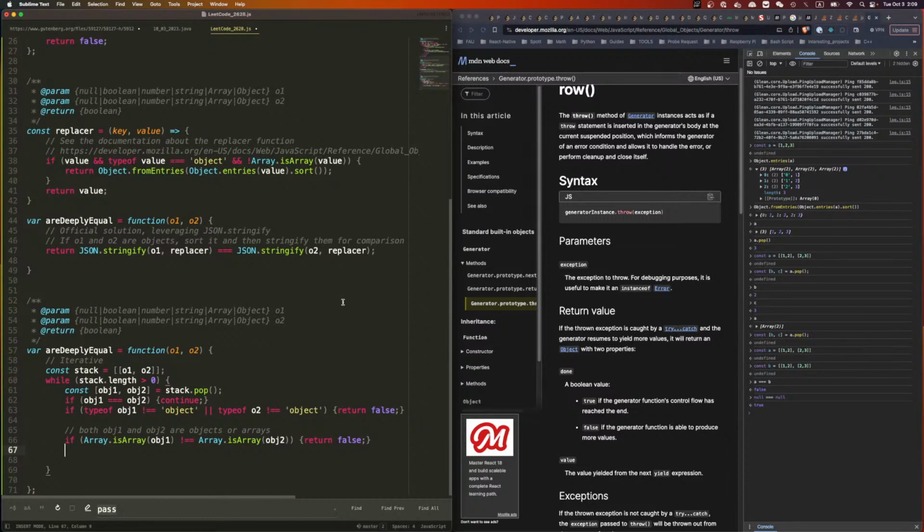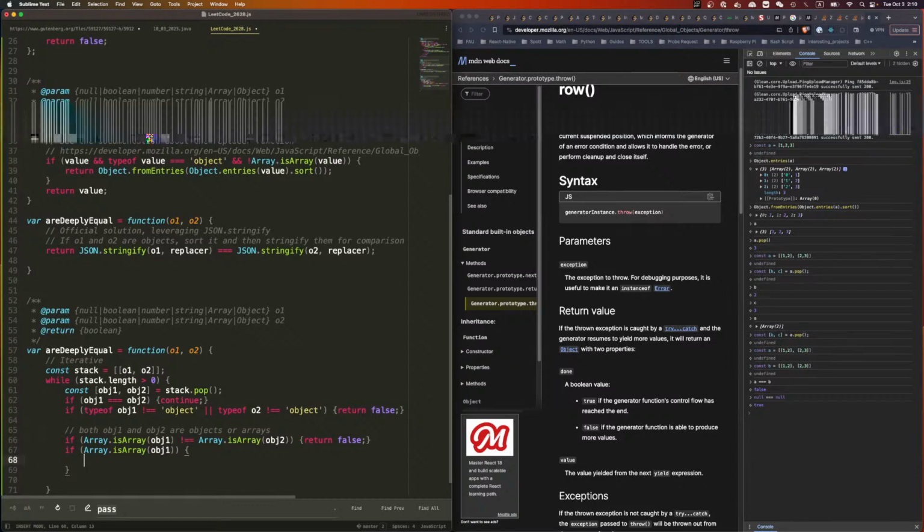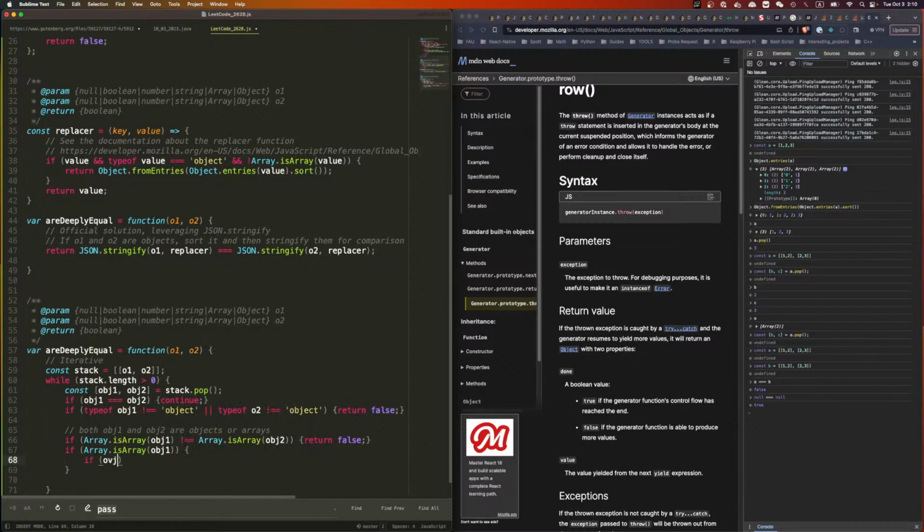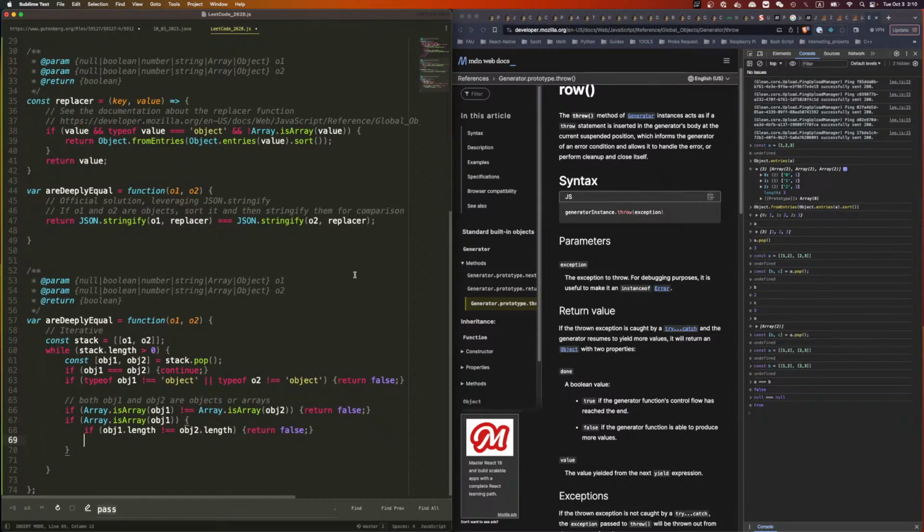Now if they're arrays, if obj1.length not equal to obj2.length, false. Otherwise,